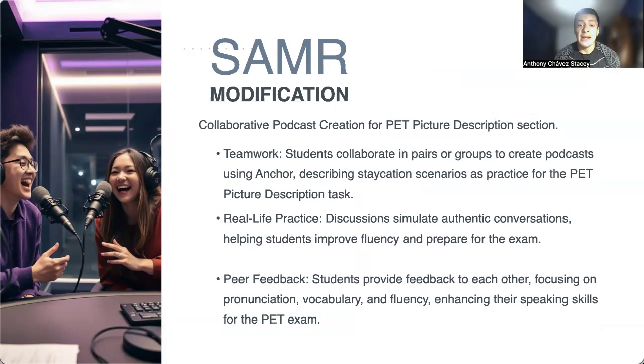Now, let's keep in mind that in modification, we modify this activity. So what will this teamwork be? Keep in mind that we are working with staycations. The teamwork, in this case: the students collaborate in pairs or groups to create a podcast using Anchor, describing staycation scenarios as practice for the PET picture description task. Real-life practice: discussion stimulates authentic conversations, helping students improve fluency and prepare for the exam. Peer feedback: students provide feedback to each other, focusing on pronunciation, vocabulary, and fluency, enhancing their speaking skills for the PET